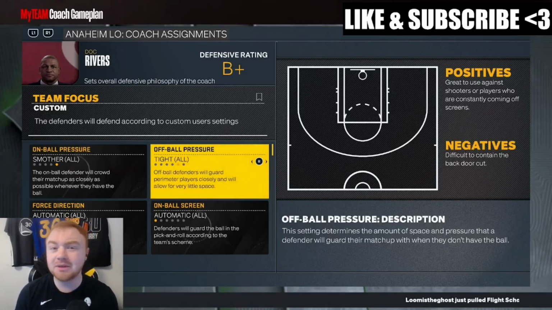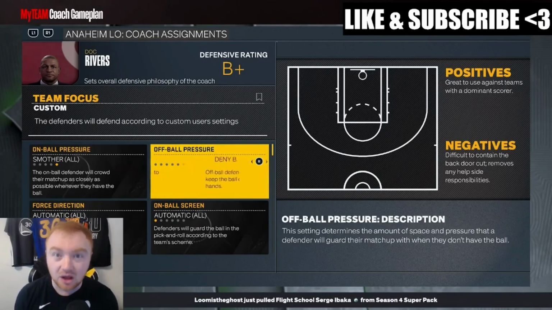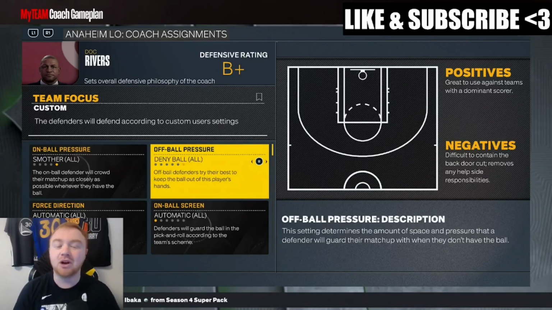The only difference I'm going to make really, guys, for next gen, if I'm being completely honest with you guys, is by switching off ball to deny ball. I like this on next gen a little bit more. Backdoor cuts are still a thing, but they are a little bit more clunky on next gen, but also I feel like it's a lot easier to shoot on next gen,